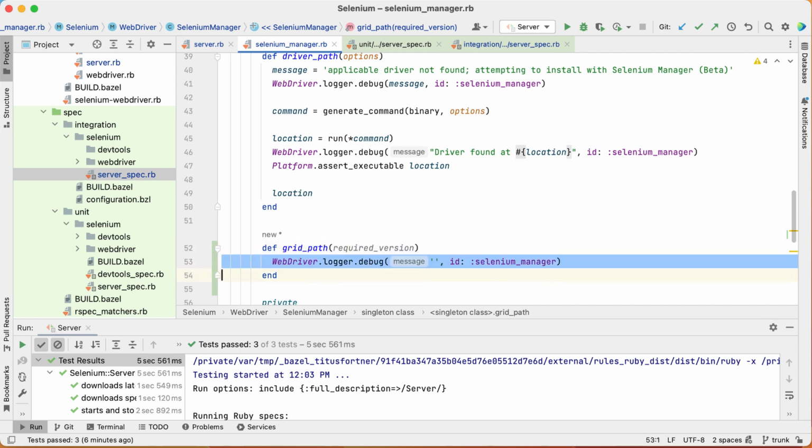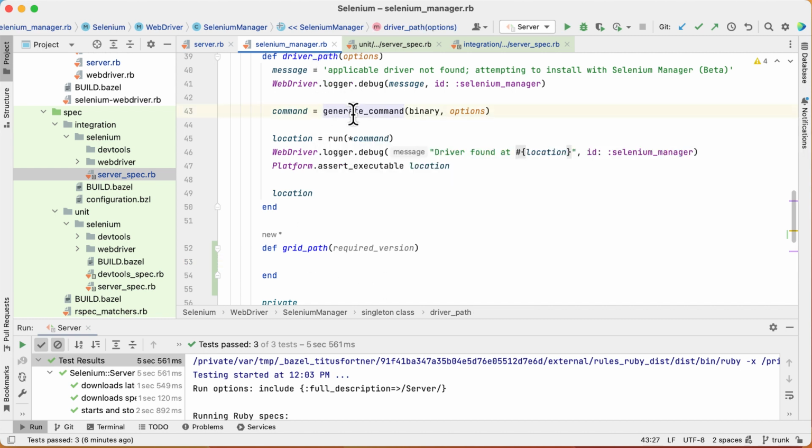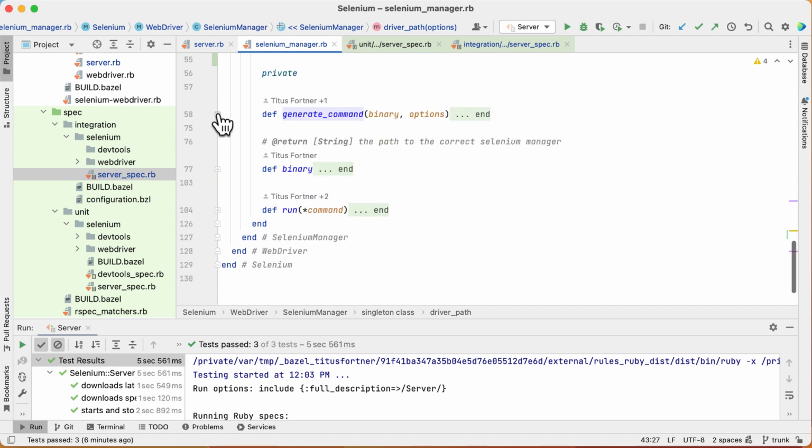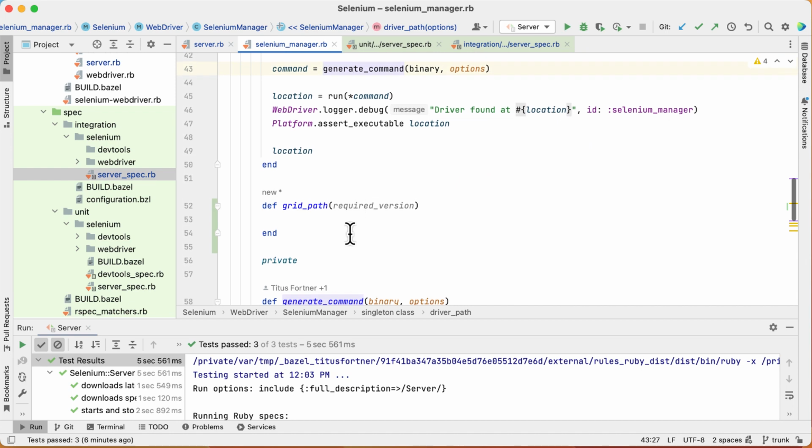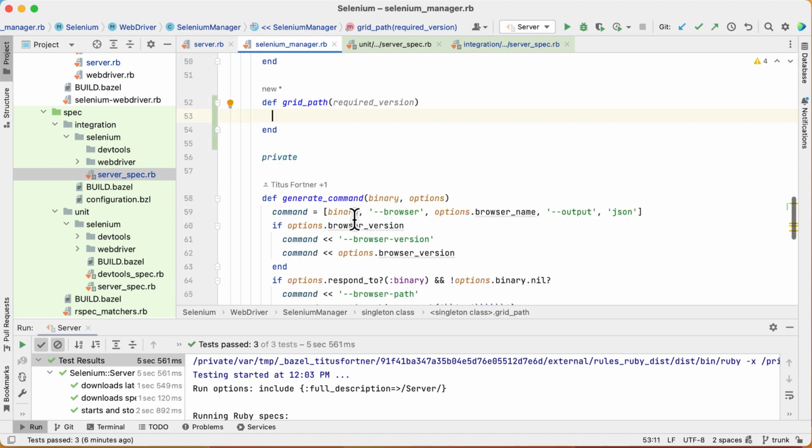Well, we'll log the debug messages later. We don't need that right here. So it's generating the command, and if you look at the command that it's generating here, it's just showing all the things that need to be done. Now what we need is,